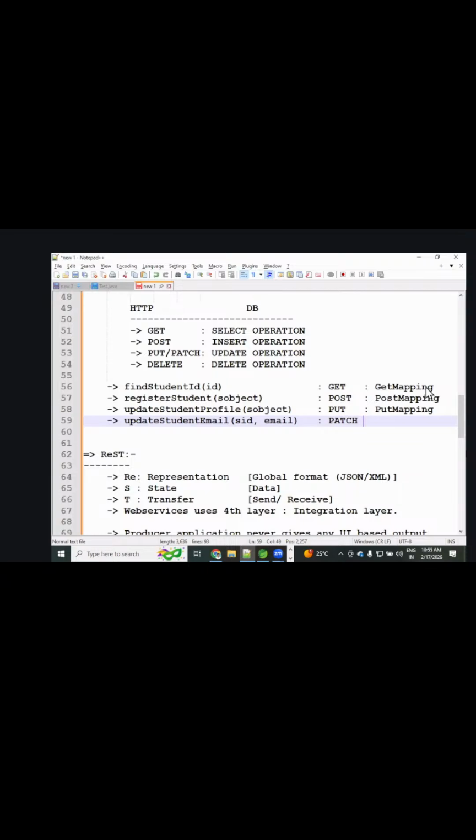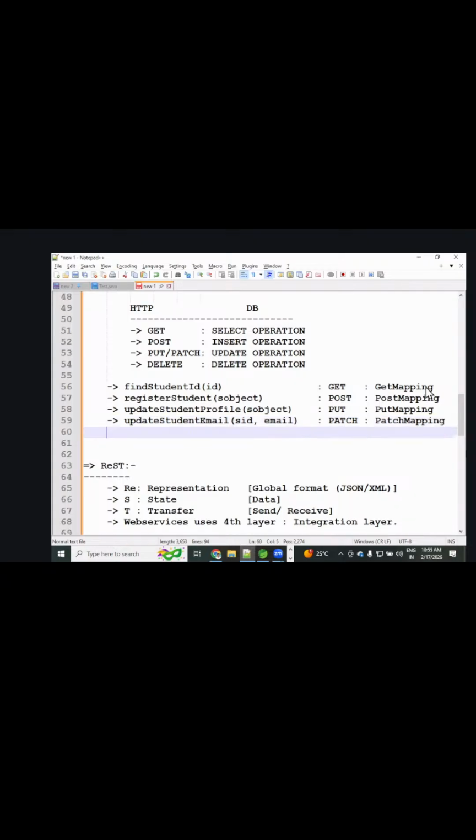That's what. PatchMapping. Okay, there is a delete, right?